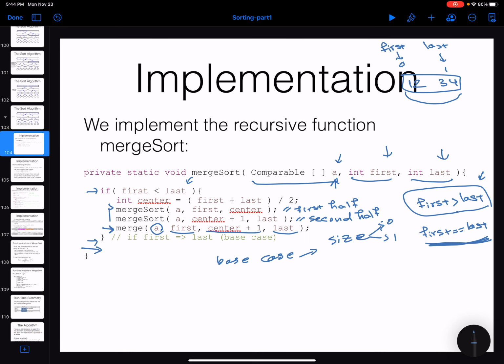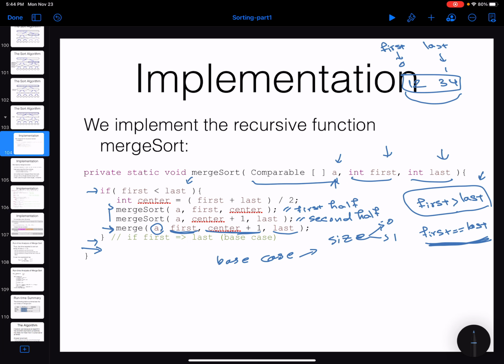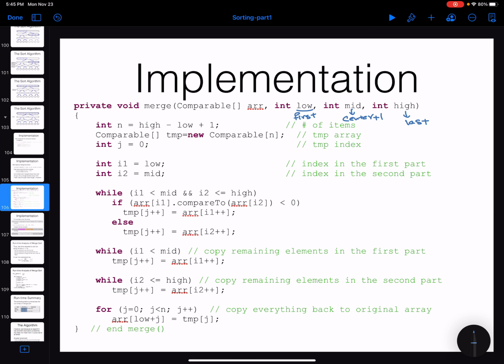So this is going to be the first. This is going to be the center plus 1. I mean, that variable mid is going to be center plus 1. And the high, the variable high is going to be the last variable that I'm passing. So this is important to know, what is the second argument. I am passing center plus 1. This means that